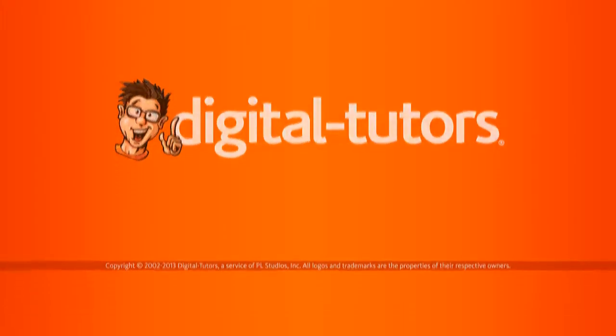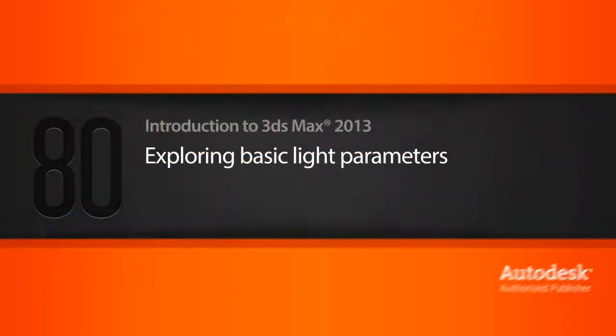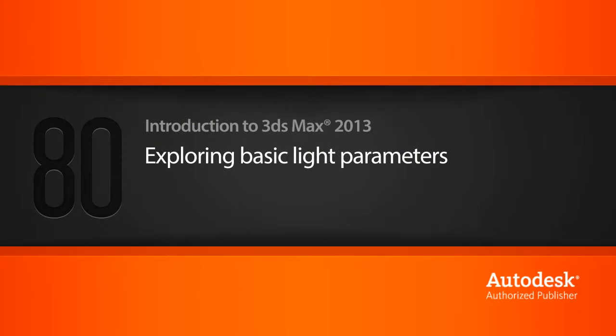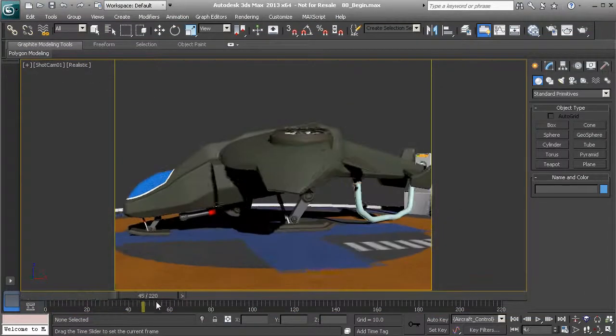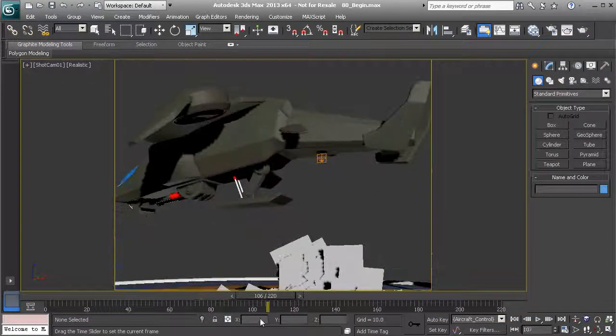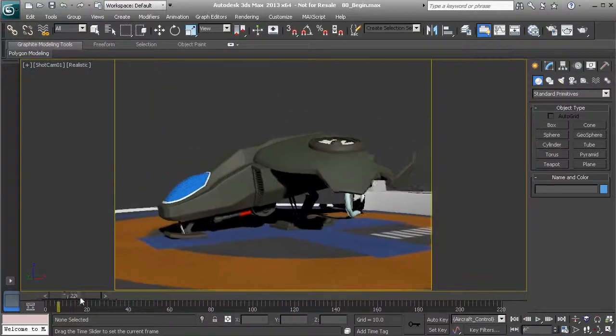In this lesson, we'll start to talk about some of the different light parameters that are available inside of 3ds Max. Okay, so in this scene, we're going to be going back to this aircraft, and really we won't be doing anything incredibly detailed with this. We'll just use this to play around and get a feel for the different lights inside